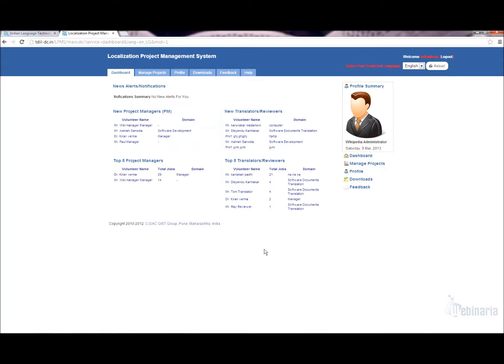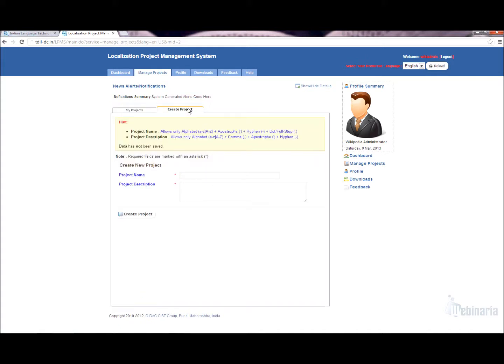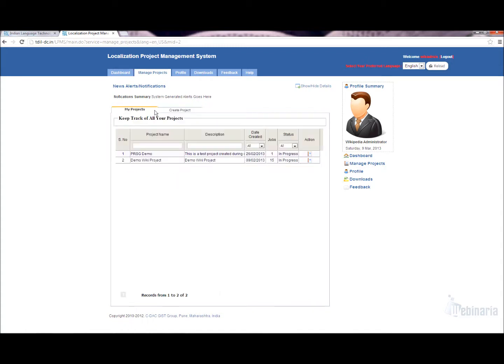To start a new project or to track the projects created, you need to go through the Manage Project link. It will open a new page wherein you can create a project by specifying the name and description of your project, and clicking on the Create Project link. It will create a project which is displayed here on the screen.